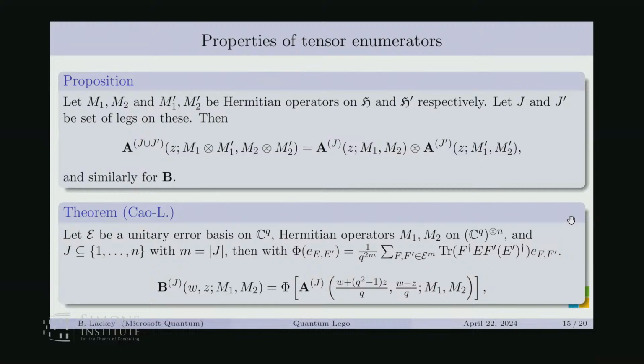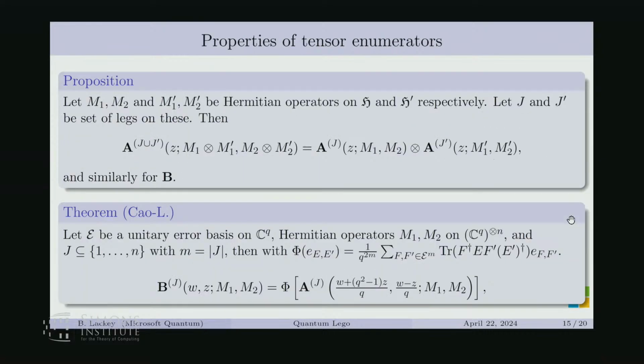Okay, so a couple quick properties. If we take the tensor product of two of these, it's just the tensor product of the associated enumerators. And so that is, if you take two blocks of codes and you want the enumerators of both of them, well, you just tensor product the associated enumerators to get the enumerator of the block. All right, so the obligatory